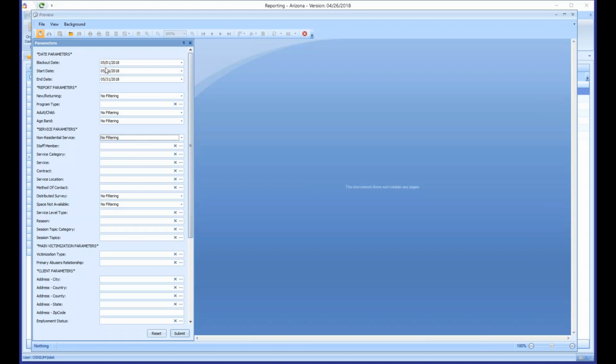So what I'm going to do now is I'm just going to select my time frame here. So I'm going to do 1/1, so the beginning of 2018 as my blackout date. I'm also going to set my start date to be the same as my blackout date. And I'll go ahead and leave the end date as 05/31/2018. So when I hit submit,